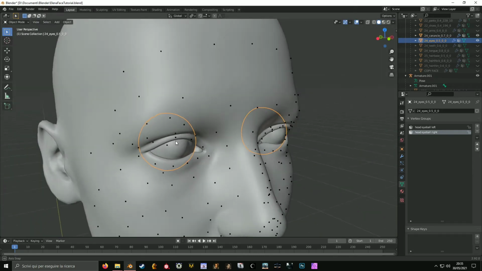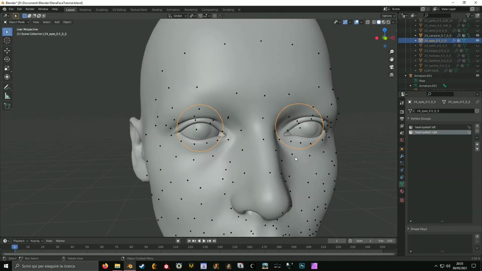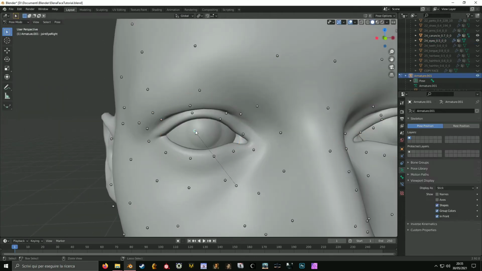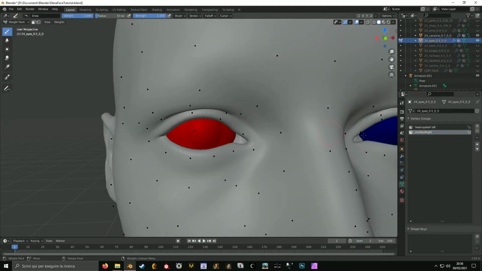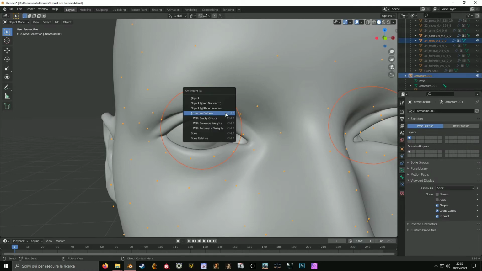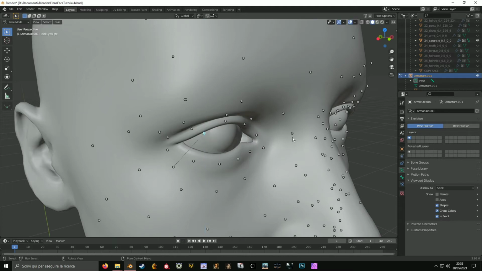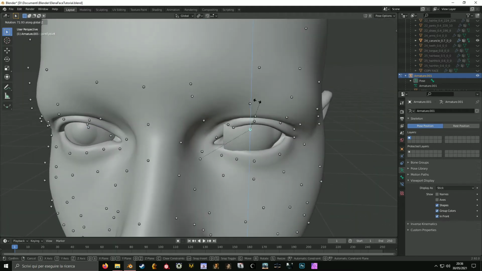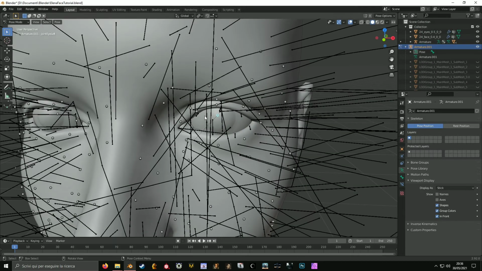Okay, the eyes. I was almost forgetting about the eyes. I want to show them as well. They are already rigged, so I can just copy the name in here, then connect them to Jill's skeleton. Okay, let's see if they move fine. Okay, no, they don't move fine. If you want to fix this, you can just move the eye bones